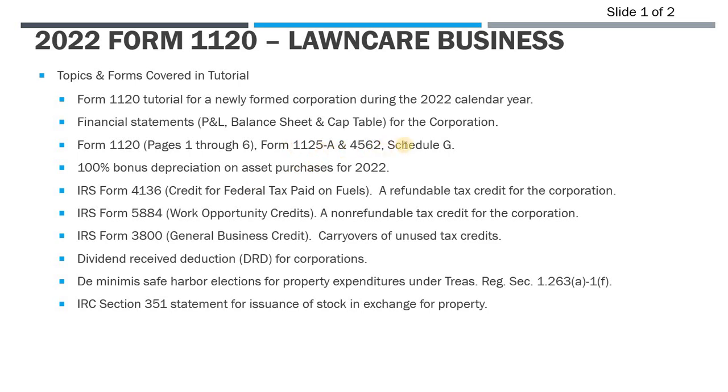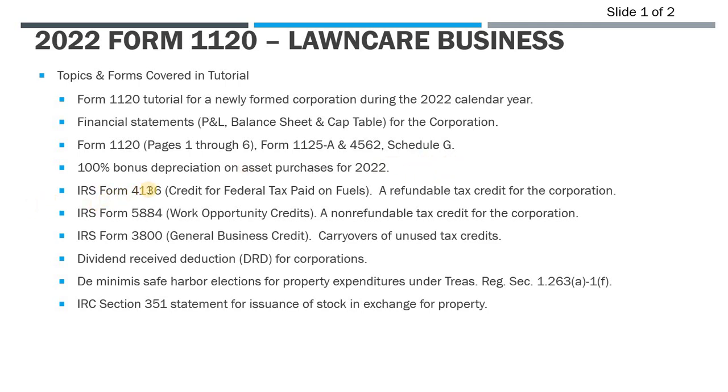And then we've got some additional ones. The 1125-A for cost of goods sold. Depreciation for newly acquired and existing assets, if this was a second year, we have a Form 4562 for the depreciation. Schedule G is a disclosure of the owners of the company. If you have an owner that owns a certain percentage, they might have to report that additional information on Schedule G. Now, bonus depreciation: 2022 assets placed into service could qualify for up to 100%. That obviously changes in 2023 and going forward because there are new phase-outs under the Tax Cuts and Jobs